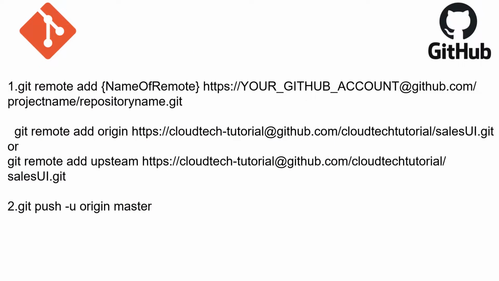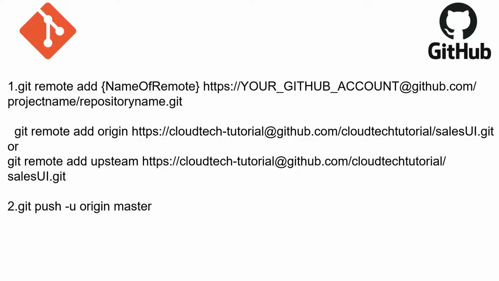These are the next 2 commands which we are going to execute. First one is git remote add. Remote means the online version which we are seeing in the GitHub portal. Now we are going to push the code, but we should mention where we should push our code, right? So for that we are going to add this command git remote add. Then you need to provide a name for your remote repository. You can add any name to your remote repository, but by basic convention, mostly we will use origin or upstream.